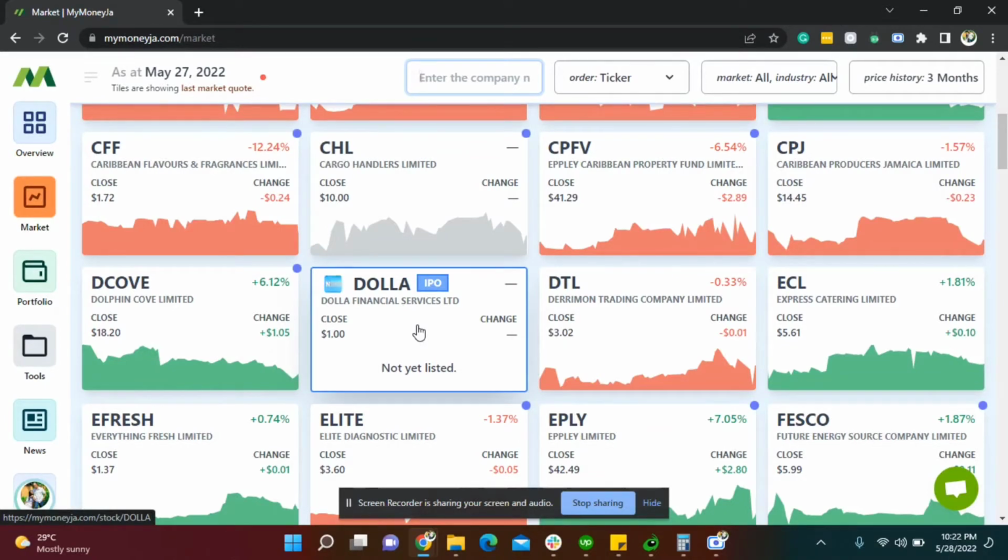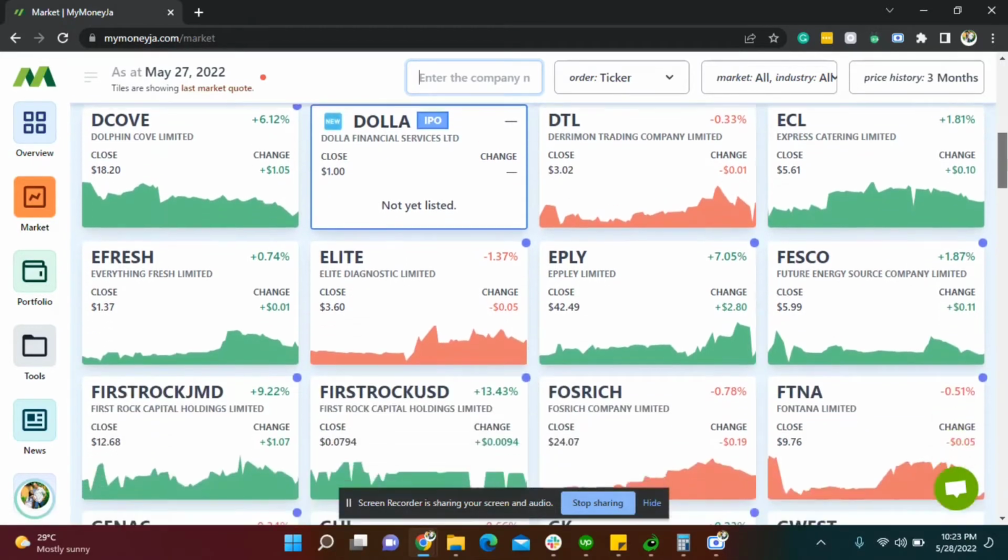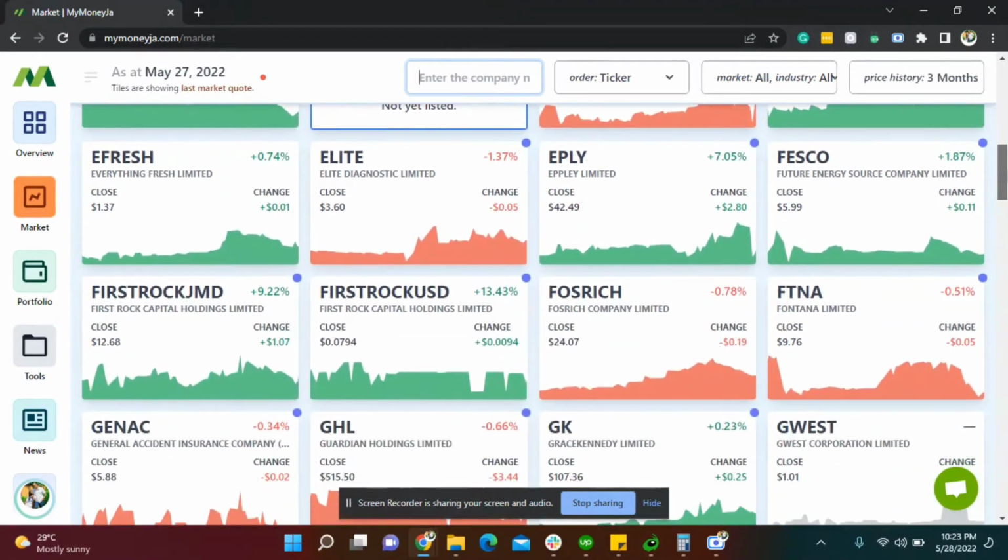And this one is going to be a very active stock, one that you can definitely make money out of, if you know how to play it, of course. So just follow me, and I'll give you some tips as to how you can still make money, even though maybe you didn't get a chance to buy in at the IPO stage. But don't worry, money can still be made from this stock here, right? And one of my favorite stocks that I love to watch